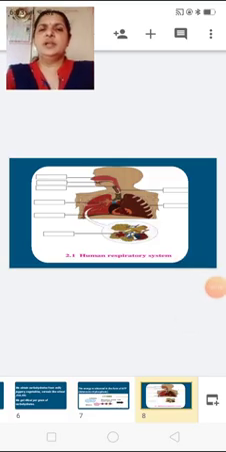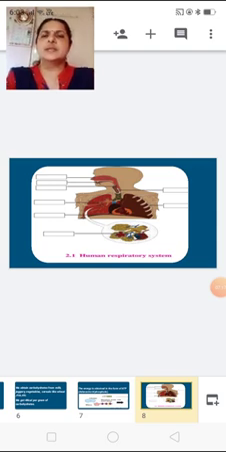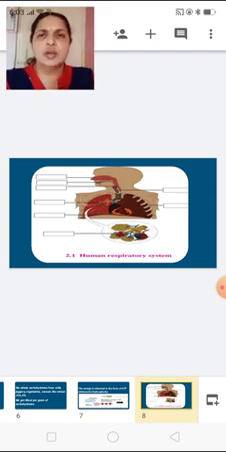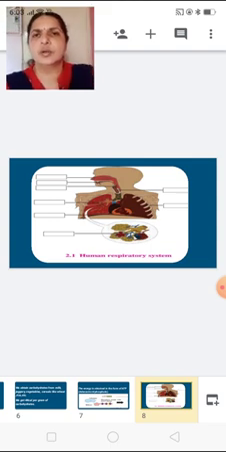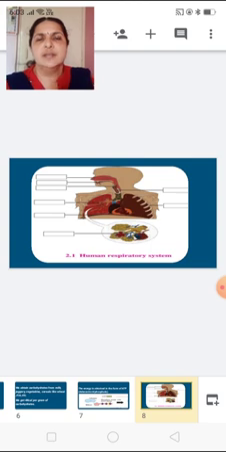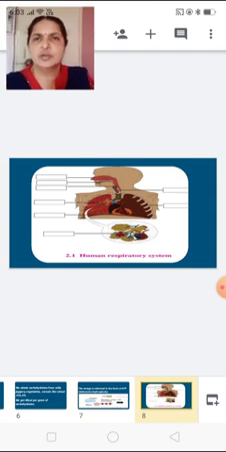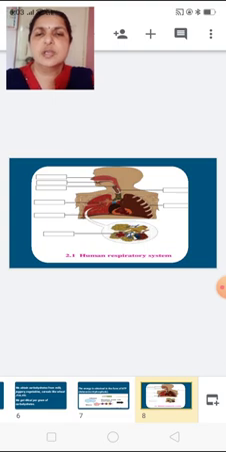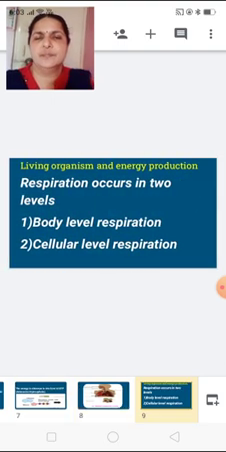Children, you might be familiar with this picture. This is the human respiratory system. We learnt about this last year, and you know the organs: nose, trachea, lungs, alveoli, bronchi. All these are the structures of the respiratory system. This picture is there in your textbook. It can come in your exam to label it. Now we'll see how energy is produced from the respiratory system.